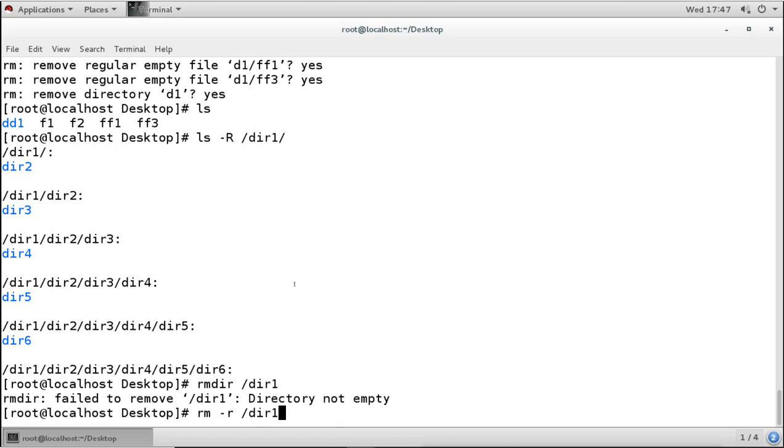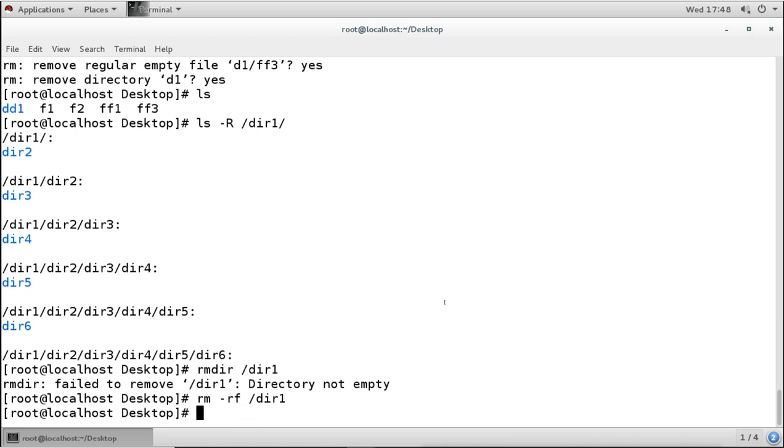Right now we are having a directory, but I don't want to do that. So what I will do, I will use the -f option. Now remember, the -f option will do what? It will remove it forcefully without any question and answer. Done, it is removed. So the -r option we can use with -f, so that we can remove any directory with all the contents. This is useful when we are deleting a directory where we have hundreds of different files and directories. We don't want to answer a question for every file and directory, so we just remove it forcefully.